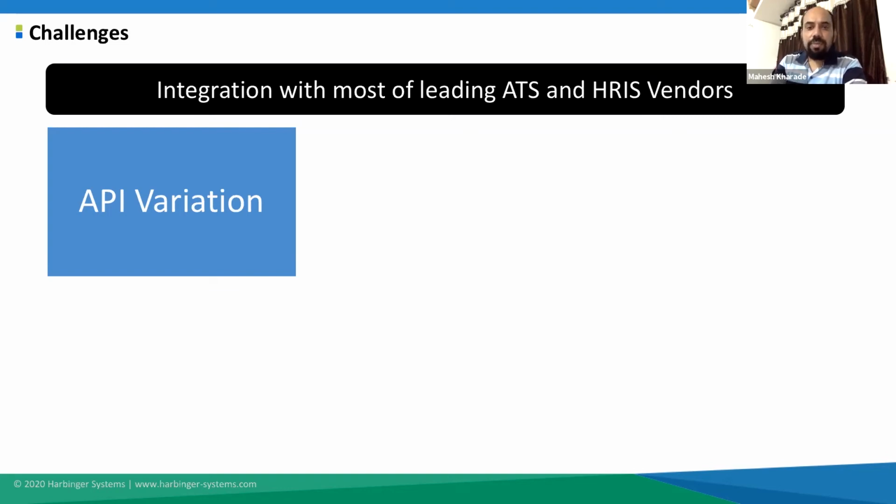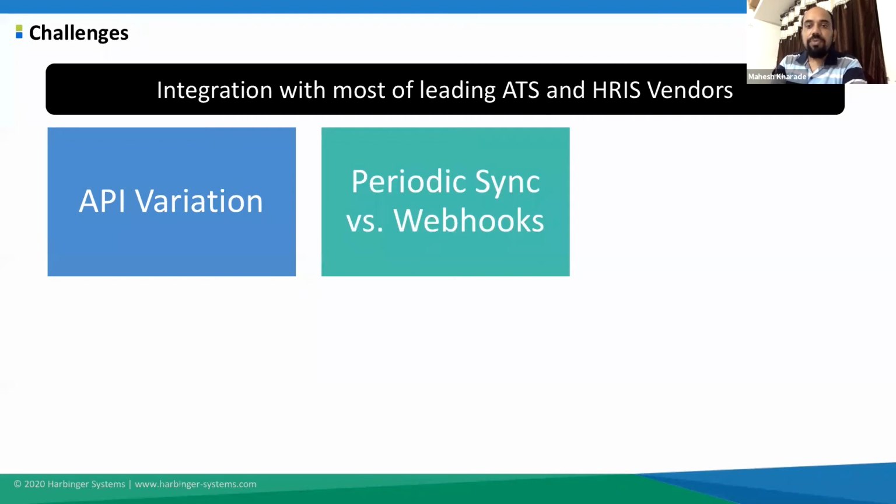The next challenge is about the mechanism to be followed to sync the actual data. Now, the example we discussed on the earlier slide is where we are making use of the periodic sync option, but some of the ATS or HRIS vendors also offer support for webhooks. Now, the webhook mechanism enables data sync in real time, which helps in further enhancing the user experience, right? So an important point to note here is many times, even though a webhook implementation is in place, it also makes use of scheduler-based sync as a